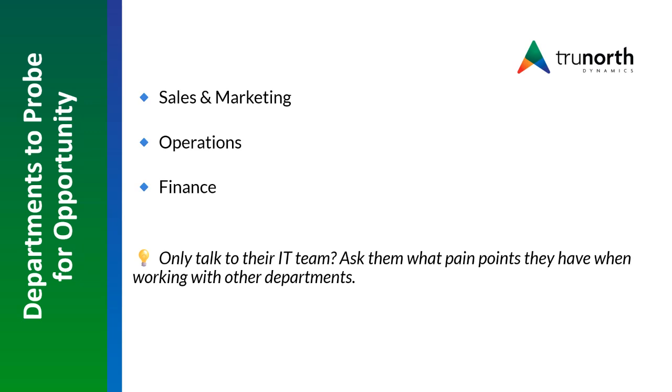If you're talking to an operations team, and you're hearing that there's bottlenecks everywhere, processes are broken, approvals are stuck in inboxes, teams are waiting for paper-based information, or inventory numbers are wrong, that is a really great indicator that they need a review on their operations. So whether that's using something like Field Service, because they have people in the field that need tablets of information on where they're going next, or their accounting team needs something like Business Central or a custom app to be built to fit their needs, you are able to notice through those types of conversations that maybe something is amiss and needs to be updated.